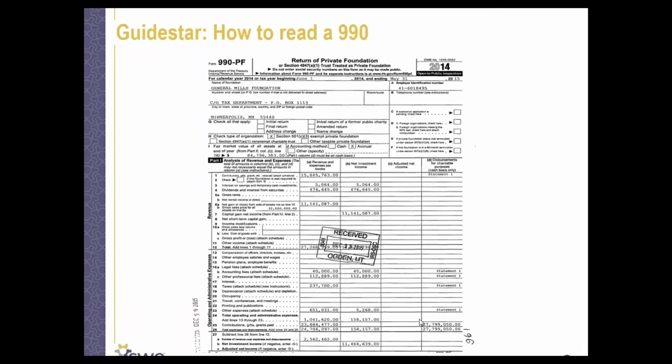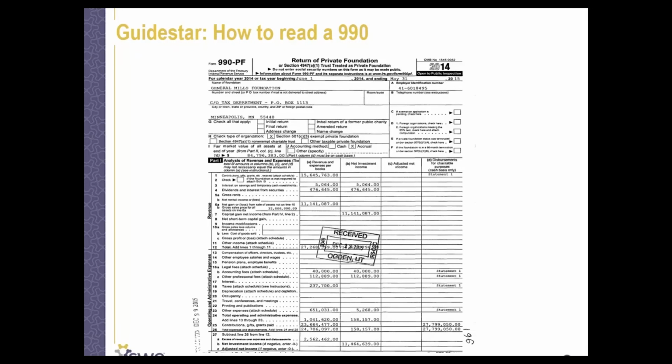The 990, while seemingly complex to someone who hasn't looked at tax returns from private foundations before, is actually a very friendly and accessible resource to anyone who's doing prospect research. For this example, I pulled up the General Mills Foundation that has a lot of work within the K-12 industry. They focus much of their giving within the Minnesota area, but have some national grant making as well.